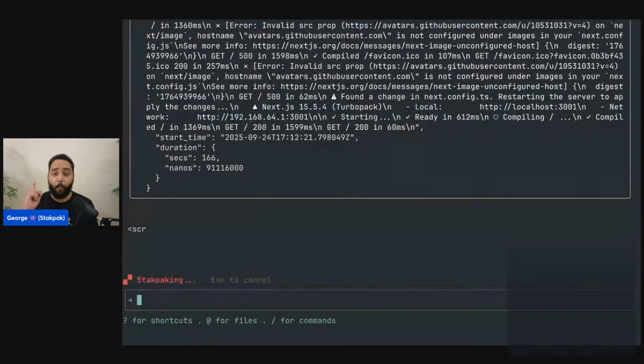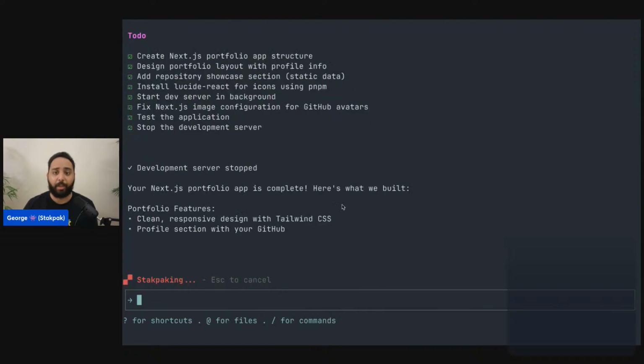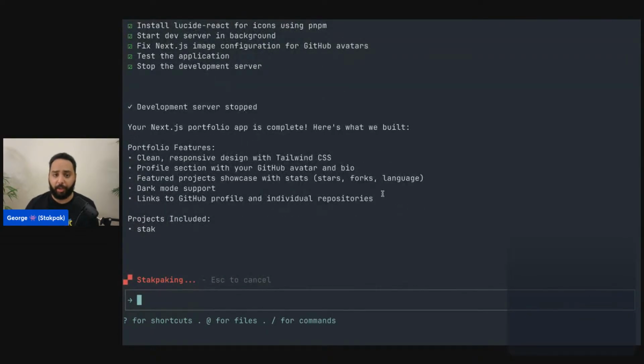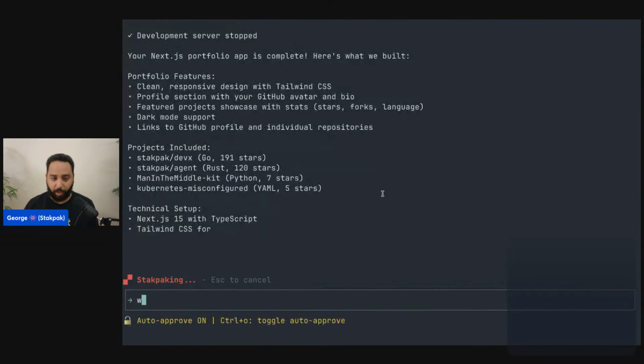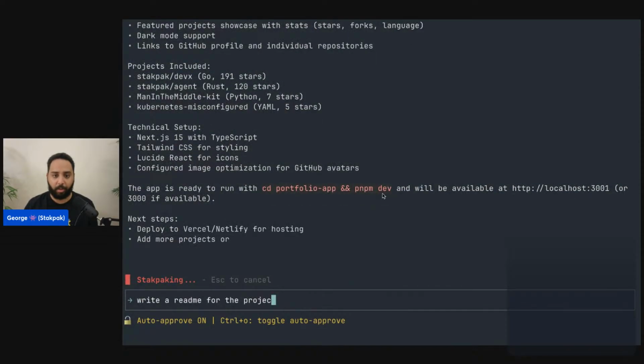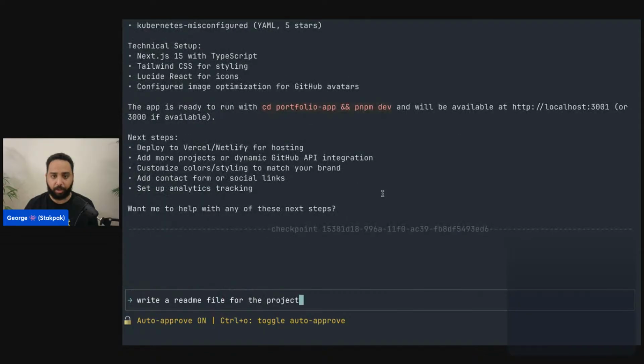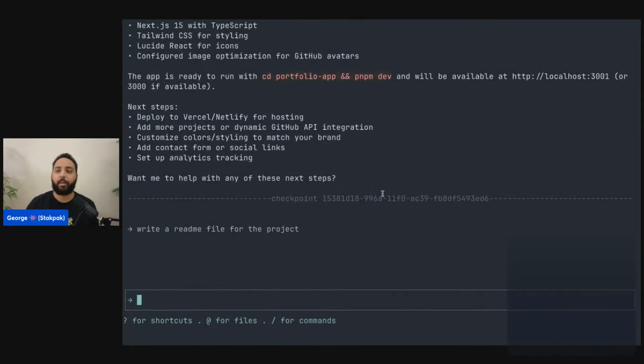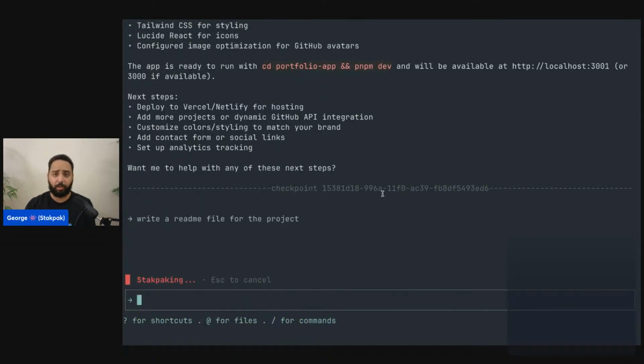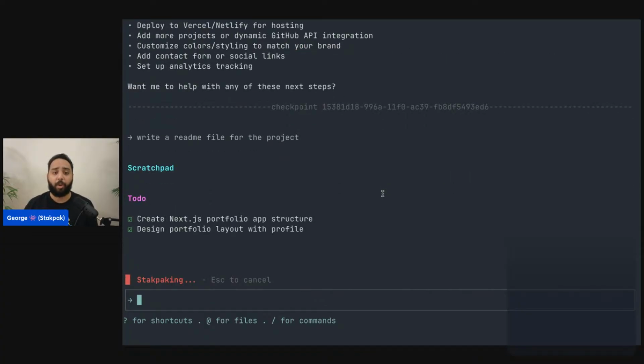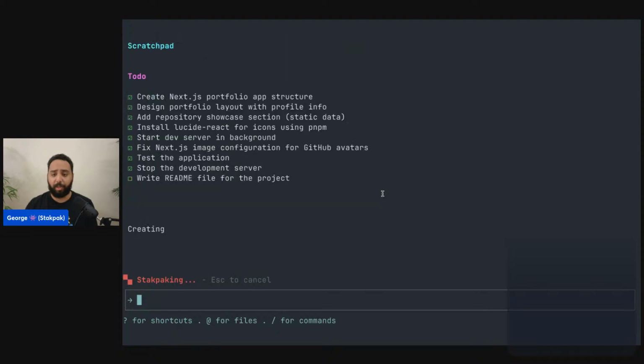So yeah, one of the most important patterns we figured out while using these agents a lot is you should break down a task into smaller pieces. So here we build the app. This would be a great time to just ask it to write a README for the project. So write a README file for the project. So it writes the details on how to run the project and some stuff about it. And then we're going to kill the session, start a new session, read the README, and then do the deployment,